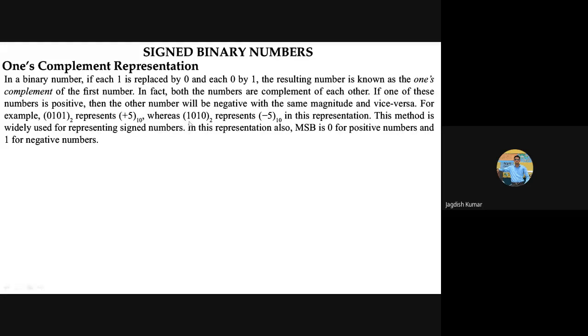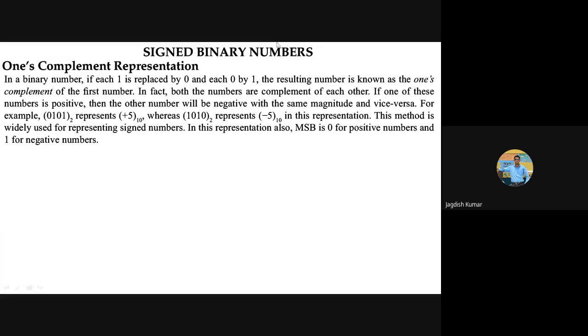But you have to be careful. When a number is beginning with 1, you can't apply that conversion rule. You can't say, okay, the weight for this is 2 raised to power 0 is 1, then 2 raised to the power 1 is 2, then 2 raised to power 2, 4, but 0, then 2 raised to power 3, this is 8. So 8 plus 2, 10. No, we can't say this number is 10. So you have to be careful.